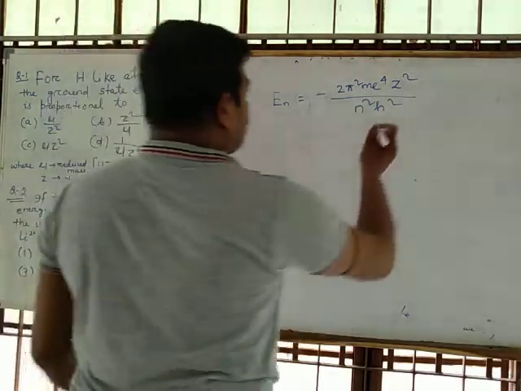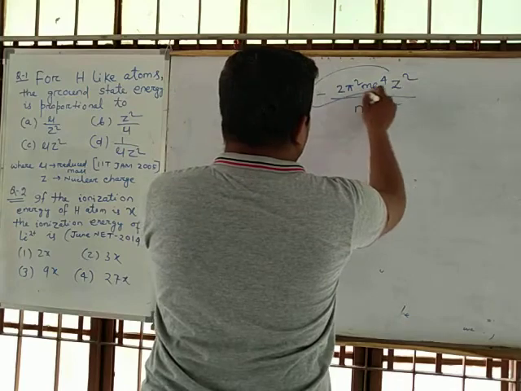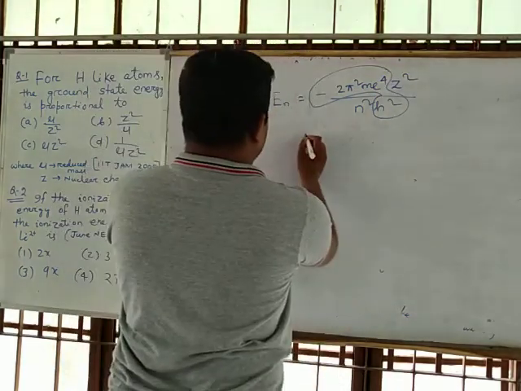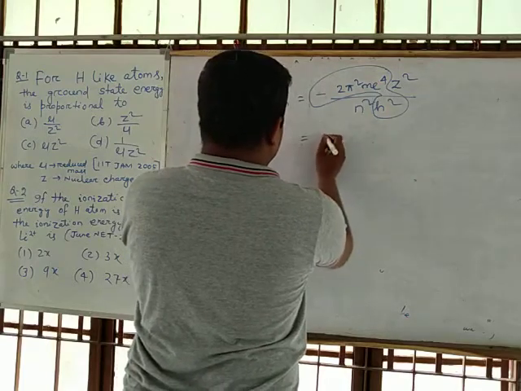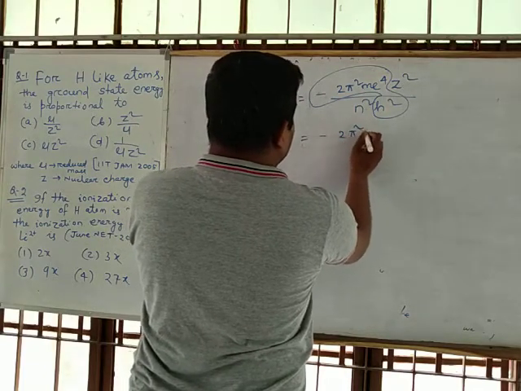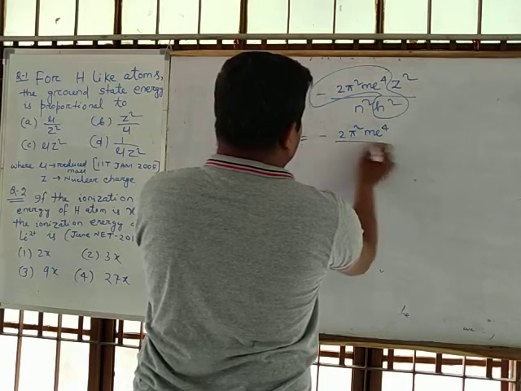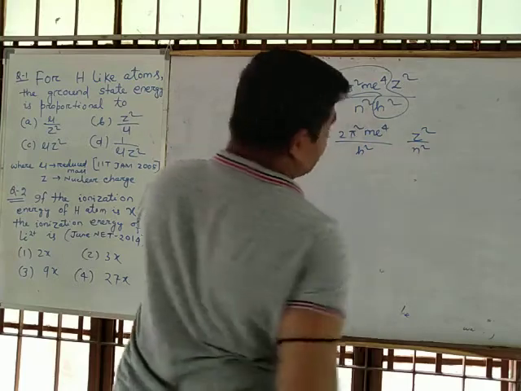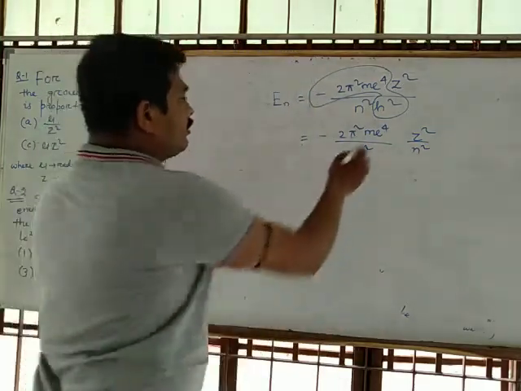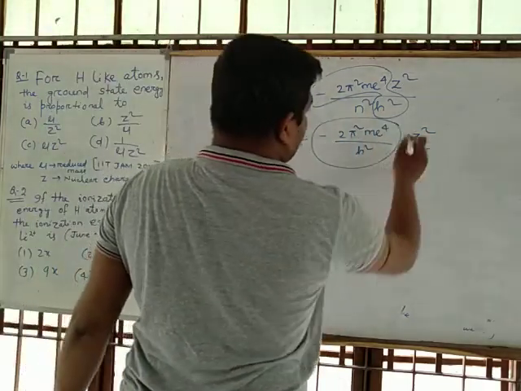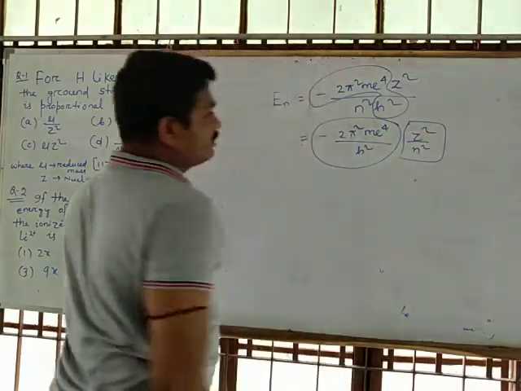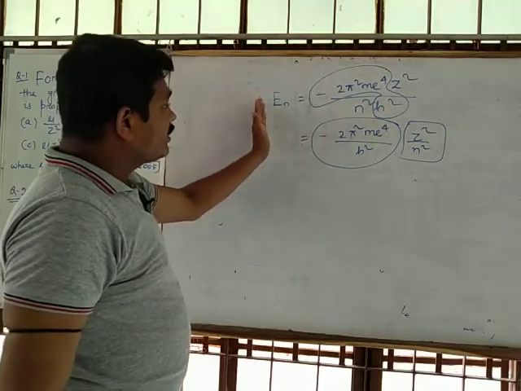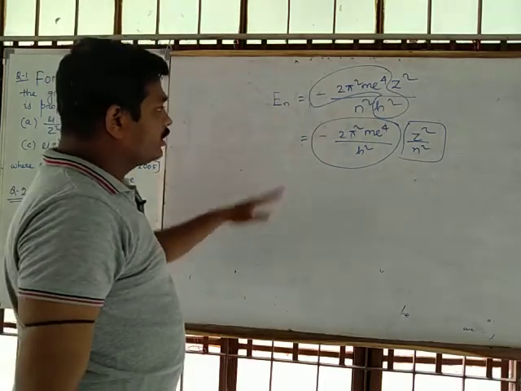So all these variables are constants. All these, minus 2 pi square m e to the power 4 by h square, by Z square by n square, all these are constant terms and this is the variable term. So the energy of the electron is negative, which is due to